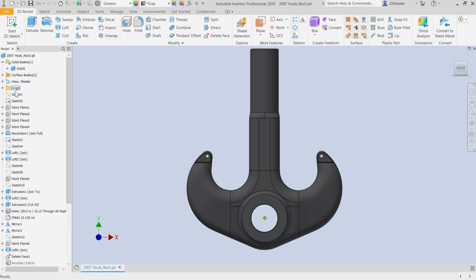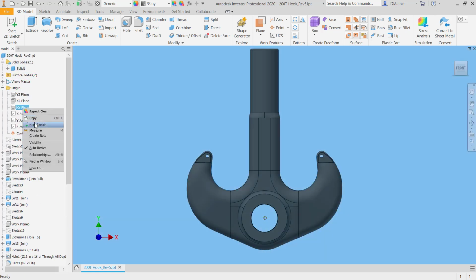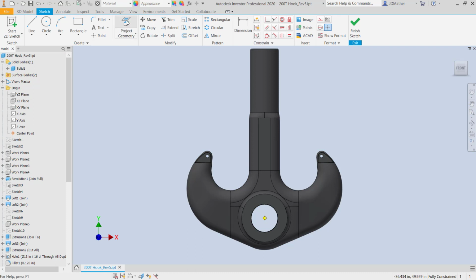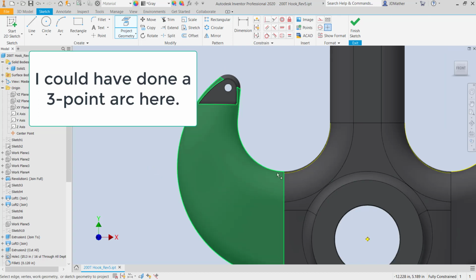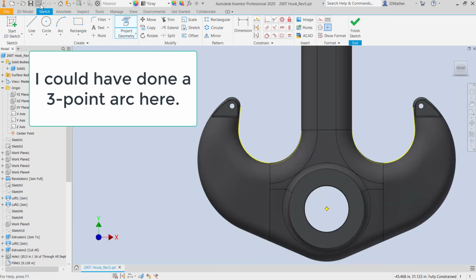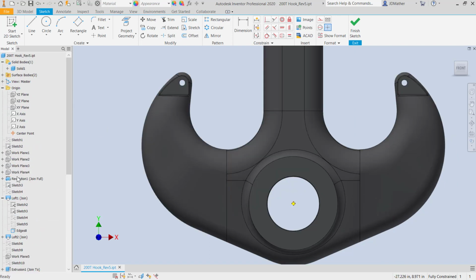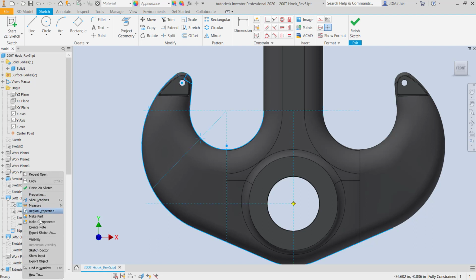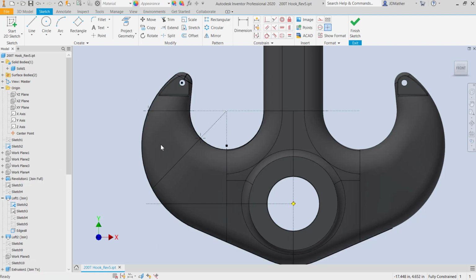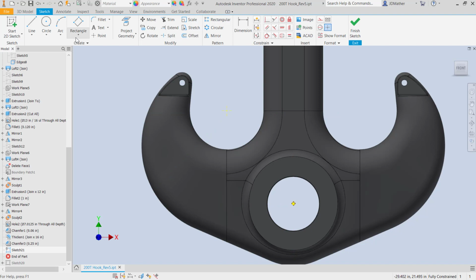Now I'm going to start a new sketch on the front or XY plane, and then I'm going to project geometry the arc that's in the center here, and so I'll project that, and I'll project that, and go ahead and project that, and I was hoping to get a center point here, so I'm going to undo those projections and see if I have an earlier sketch that I used to create the geometry. I'm going to turn on the visibility of the sketch, some of the geometry that was used to make this, and then I'm going to project this point right here at the intersection of these lines at the center of this arc, and I'll go back and then hide sketch number 2,